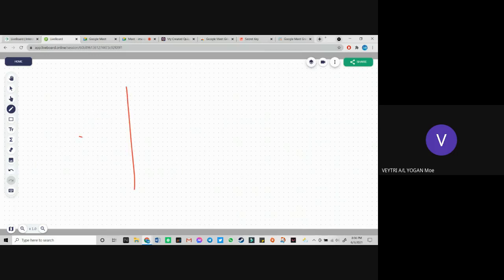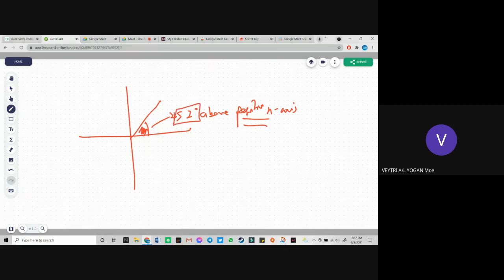Okay, now. Let's say you have this, kan. Kalau angle yang ini, dia akan jadi let's say 52 degrees lah. 52 degrees above positive x-axis. Yang ini sangat-sangat penting sebab you don't want to write positive 52 here. Angle, you have to write in whole numbers. Above positive x-axis. Kalau belah sini, let's say belah sini kan, 52 degrees above